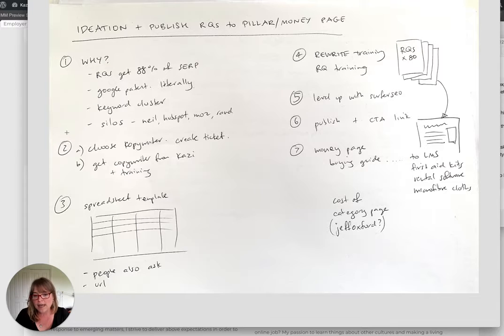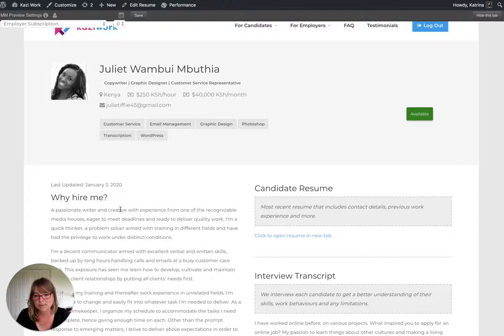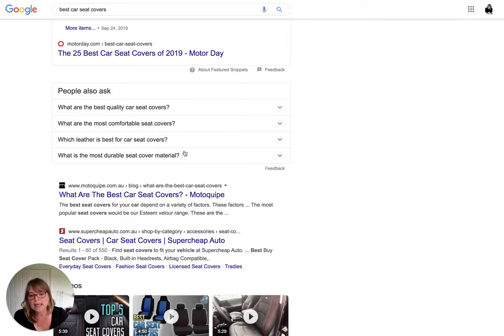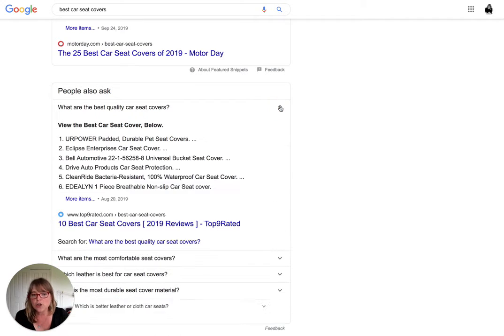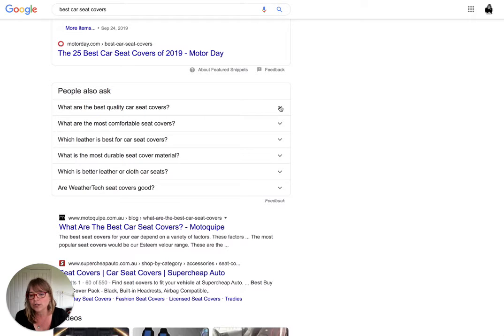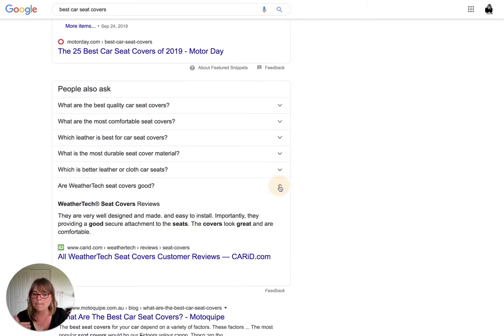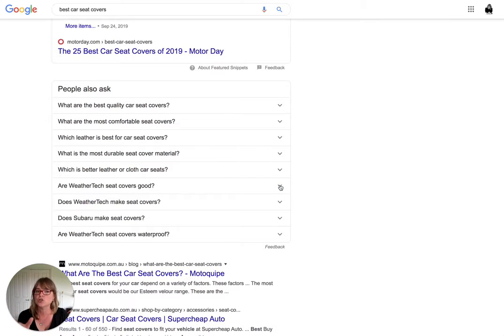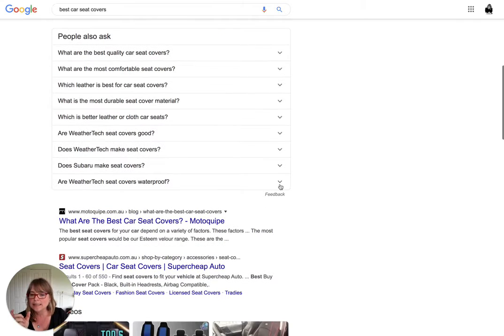Okay, so that step is done. Then the next step, as Jessie said, is to create this spreadsheet template. Now, I'll show you something I discovered when I went to grab the content. Let's say I sell car seat covers. These are all on topic: most comfortable, leather, best, most durable. As long as you click on something quite relevant, it shows more content that's relevant to that keyword cluster.